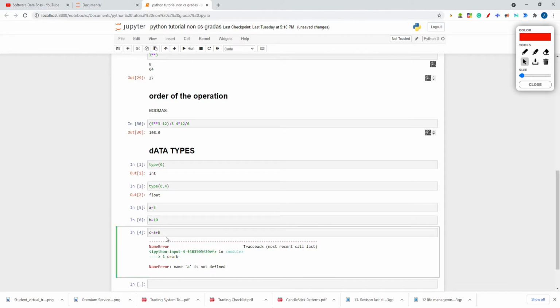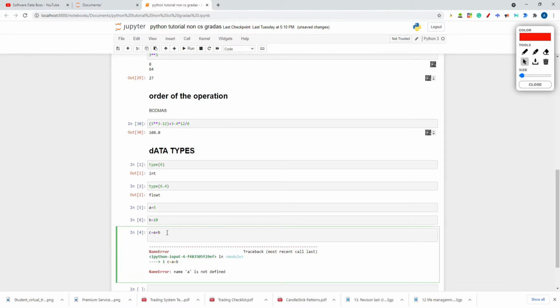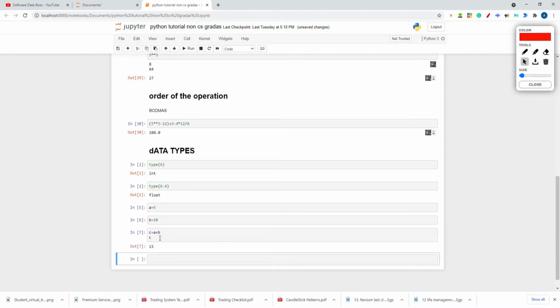Now see what I have to do. I can write print c here. Even I can write simply c, because this is the last statement executed. The earlier statements are assignment operations where you are not printing anything, so they are executed but not printed. In this case, if you write c here, you will get the value 15, or you can just write print c, and you should get the value 15.